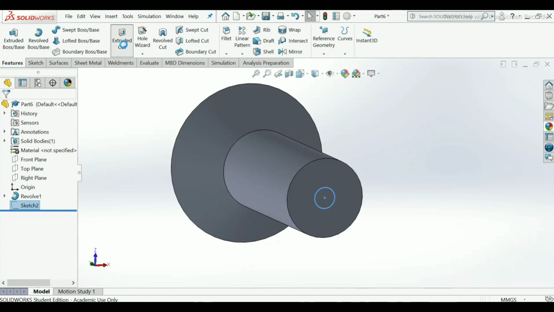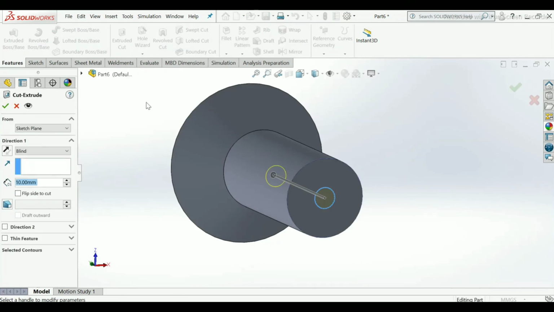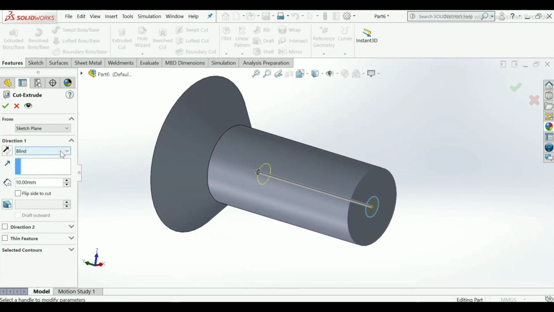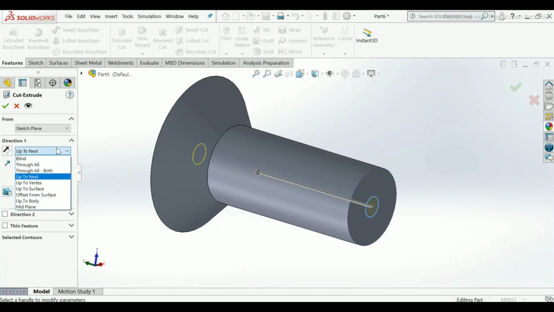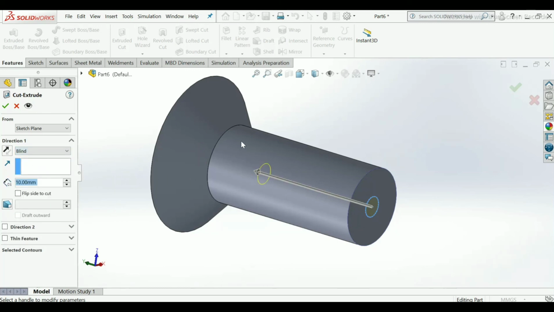Use extrude cut. End condition will be up to next. Or you can make it blind. Up to surface you can select it.